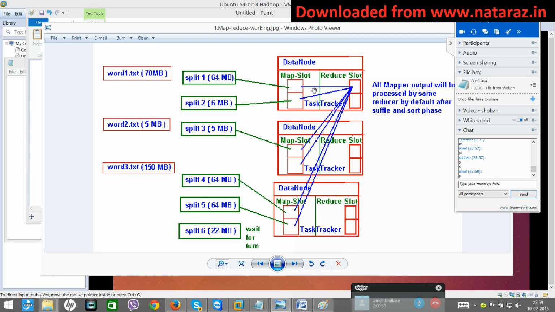The map slots will each give output. After that it has to be sorted, isn't it? So sorting can be done only at a single place. Can we sort it at different places? No. Sorting has to be done in a single place,